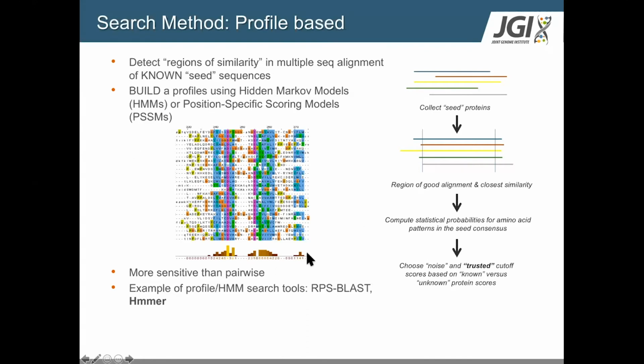And hopefully everyone can appreciate now that this is computationally a lot cheaper than having to do a BLAST search against an entire IMG-NR database or an NCBI-NR database. Instead, all you're searching is these consensus models. And it also can be more sensitive than a pairwise alignment. So very frequently, you might not get a pairwise hit against an NR database, but you might get an HMM search result.